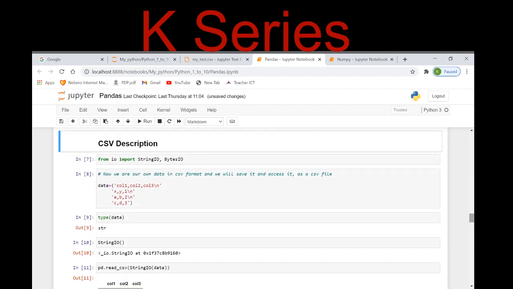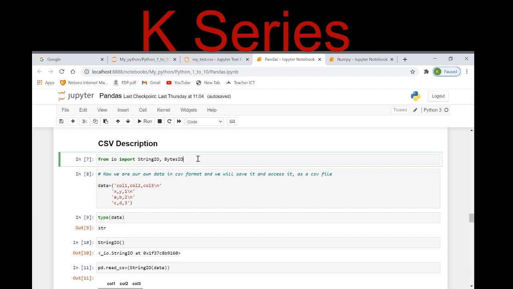Now, CSV description. How can we describe CSV, right? I'm using another library. From io, I am importing StringIO, string input output, as well as BytesIO, bytes input output. Now what exactly will these StringIO and BytesIO do for us?